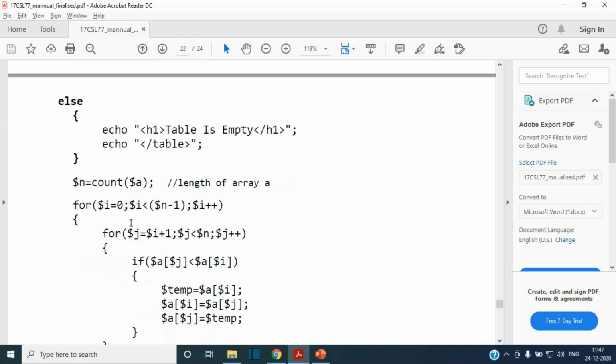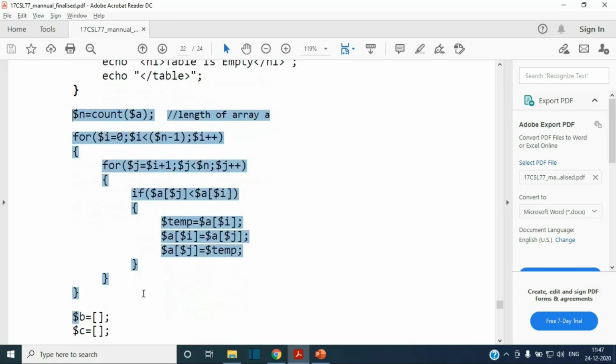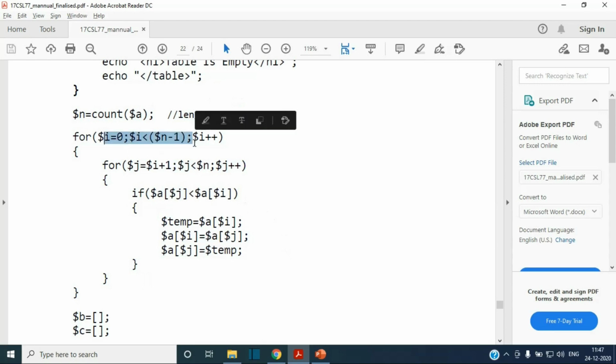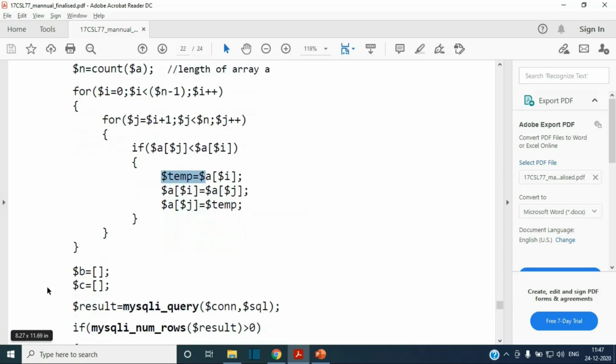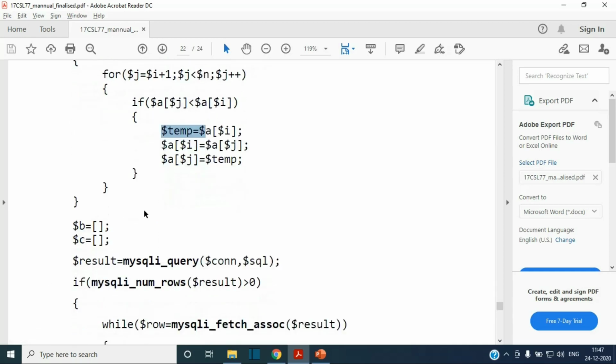This is the selection sort where I have executed this. Here you can see using selection sort I am sorting all the USNs stored in $a. Now the third step: once the array has been sorted based on the USN, I have to fetch again all the rows from the MySQL table and compare where exactly my fetched USN in the table is there in the $a index. And at the same index for $b and $c, you push name and address. So this is my plan. Clearly understand that plan and try to understand this code.